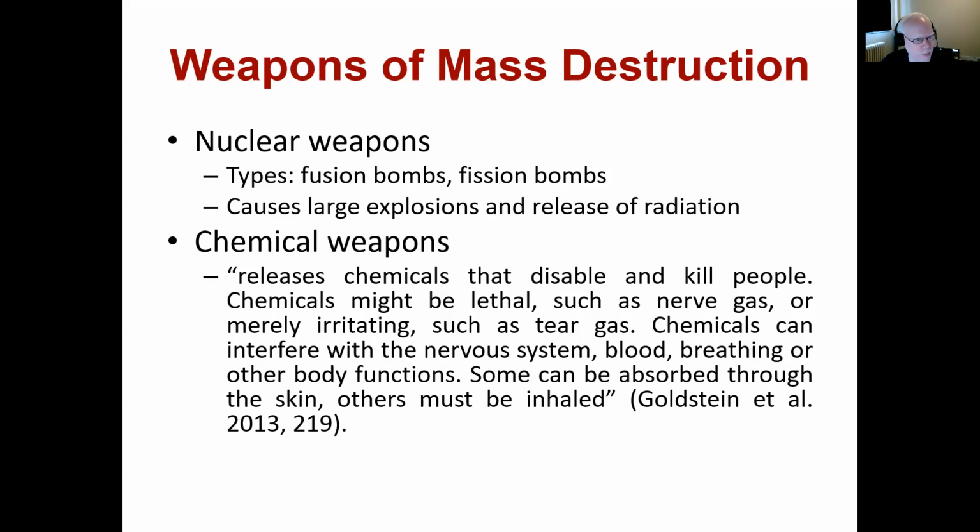Probably the most commonly seen would be things like tear gas, which is a chemical irritant. It doesn't generally kill you. It's just very, very irritating and doesn't make you want to continue fighting or continue being where you are if exposed to tear gas. And then the more severe would be ones that can kill you very quickly and not terribly pleasantly. Things like nerve agents, which interfere with the nervous system, with the brain and the spine and the nerves, and are lethal.